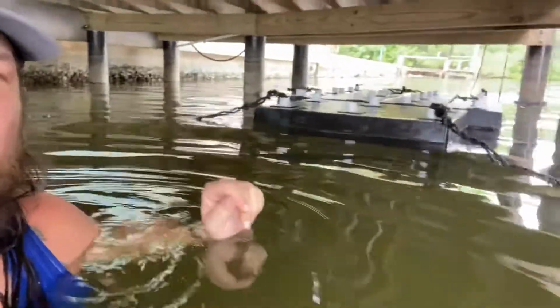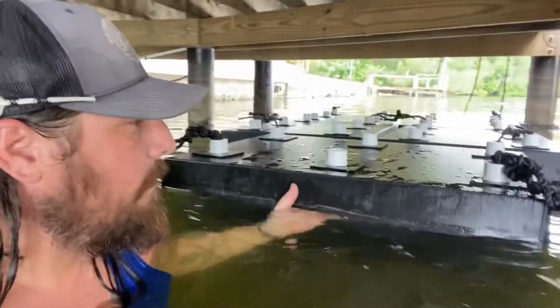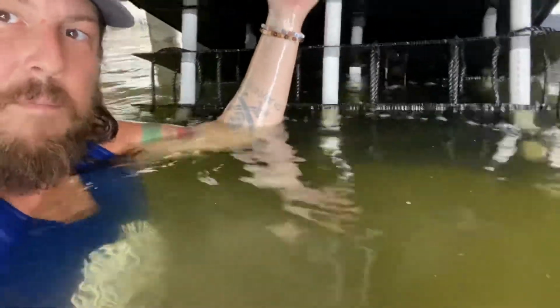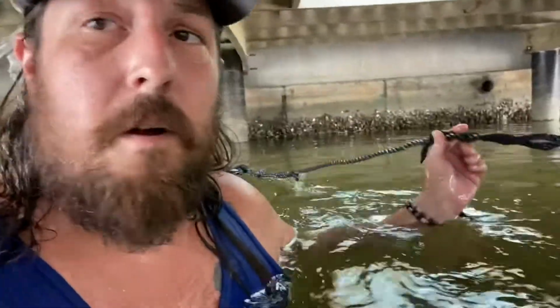So right here, you can see 5 artificial mini reefs I put in, which are really more like artificial mangrove systems. So underneath here, it's mimicking the prop root systems of the roots on those mangrove trees. So we're gonna finish